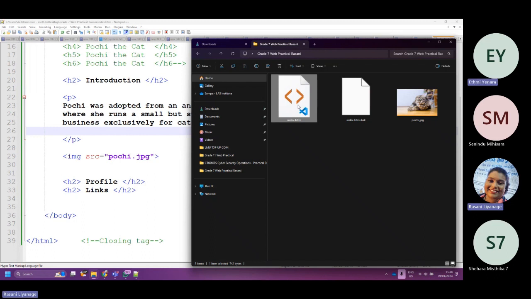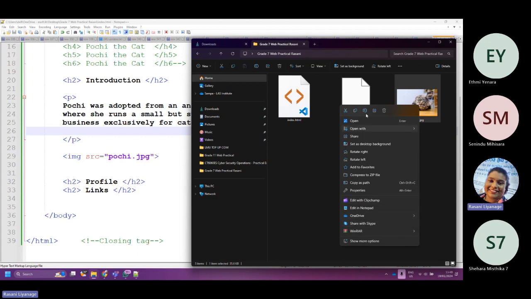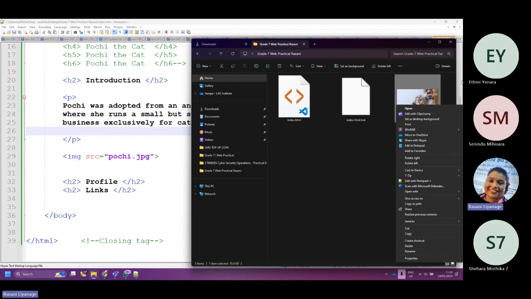Are you sure that they are in the same folder? Yes, teacher, I moved them into the same folder. Is it? Oh no. Is the extension right? Now the image is JPG, and if you are trying for PNG, it won't work.